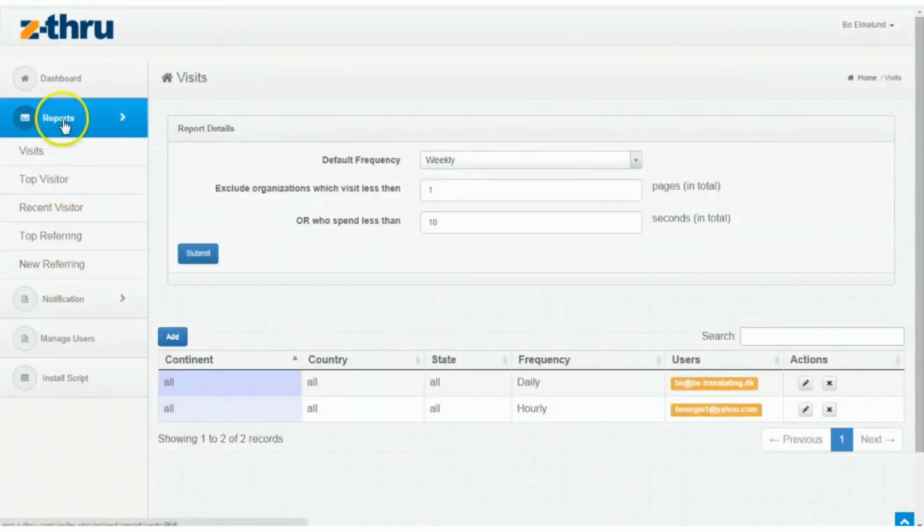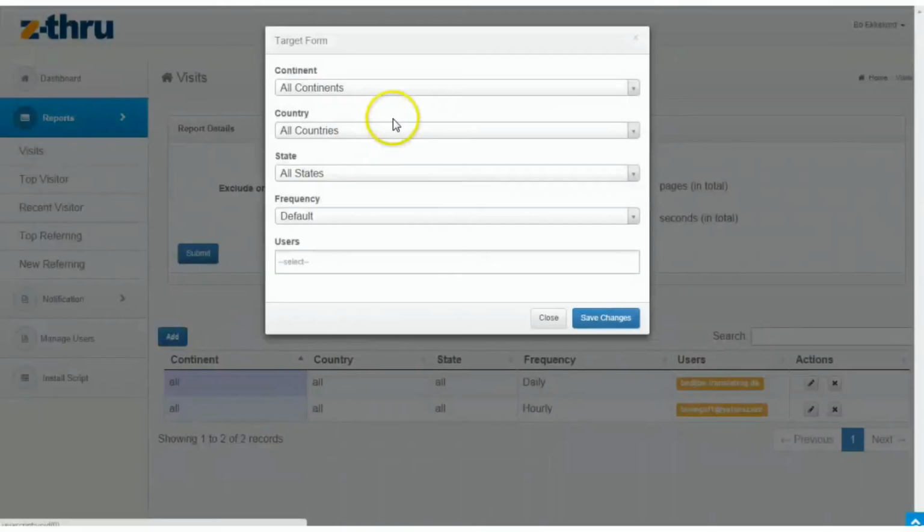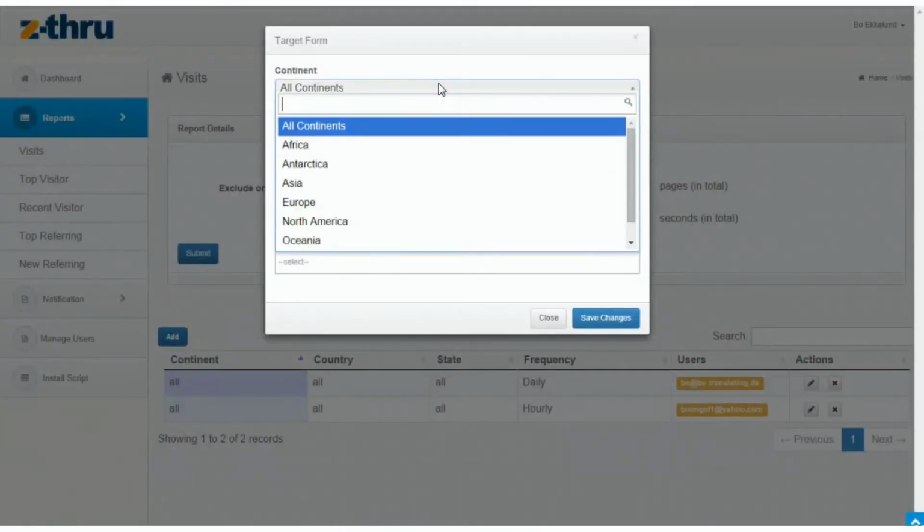Using the Reports tab, you can set up which reports your users should receive. There are 5 different reports to choose from. The visit reports are the most widely used report. This is where you set who within your organization should receive the email reports on your website visitors, and how